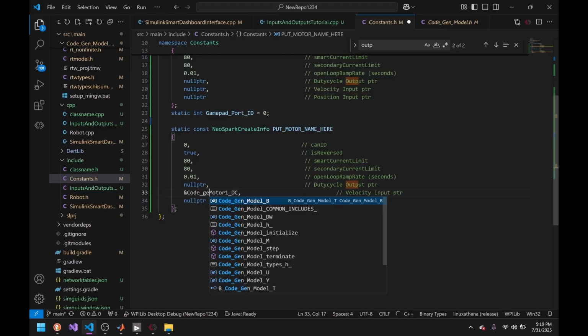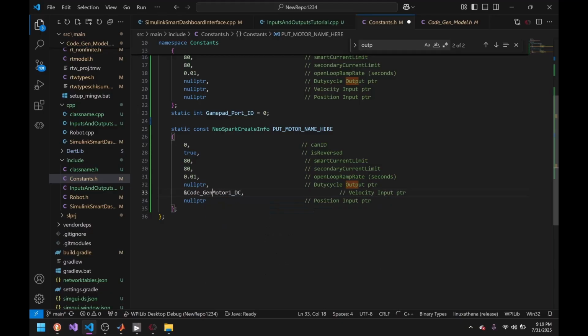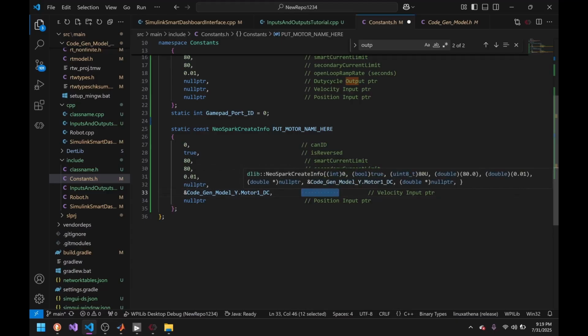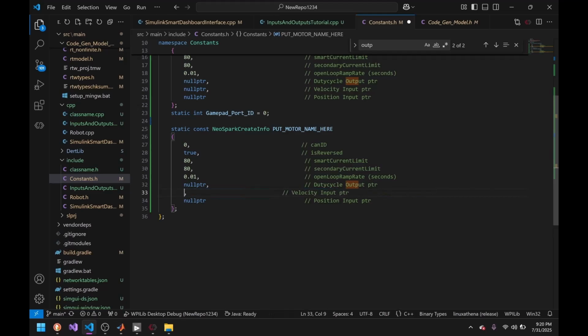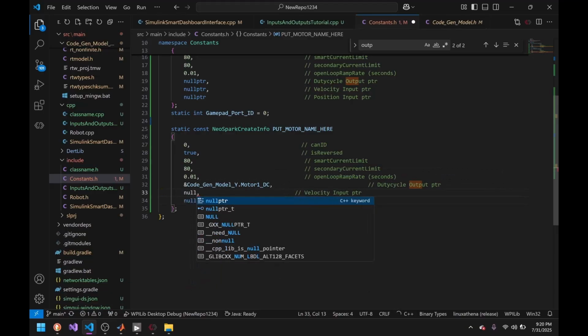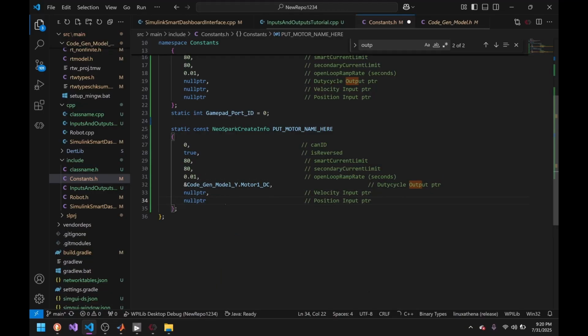code gen model y. Here we go. So we have the outputs and then the port, and now we have everything hooked up. That's actually the wrong pointer, but you get the point. This is kind of the process of adding these pointers in, and then it just wires up to Simulink